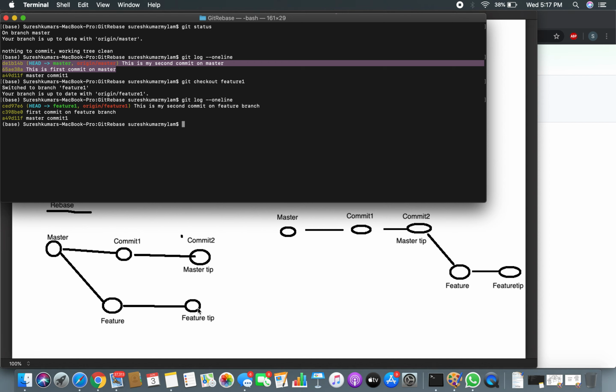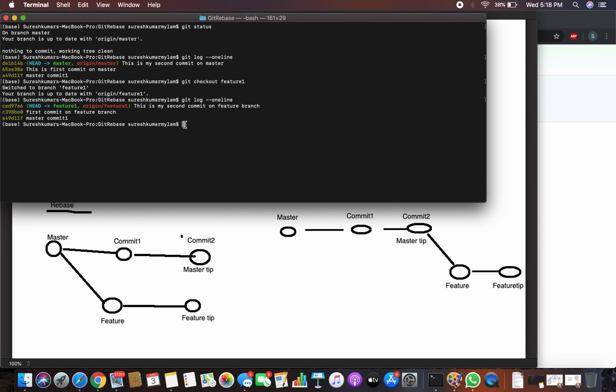Because so far, if you look at the feature branch, you have 1, 2 and 1 master commit. There are 3 commits, and once you rebase, if you start counting from here, this is the first commit, second, third, fourth and fifth. There are so many commits. The 5 commits are going to be on the feature branch. Let's do a rebase.